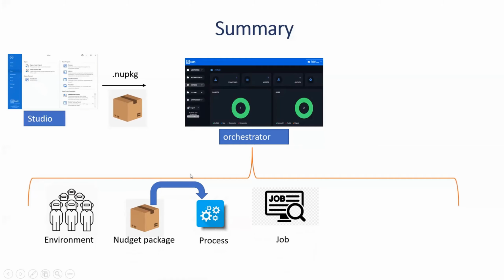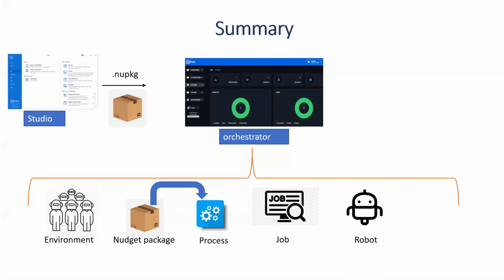So now a job is when exactly you want to run that process. Every process cannot run every time, right? Some processes will run at 8 a.m. in the morning, some will run at 12 a.m., some will run at, let's say, 1 p.m. Some processes will work only on Sundays, right? So every job will have a definite time to run. Where do we schedule that? Orchestrator is the place.